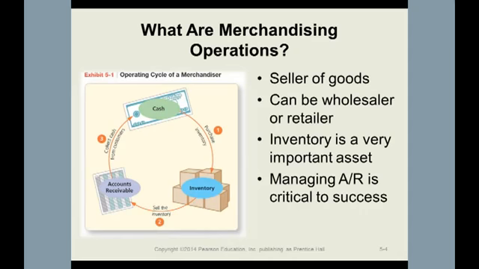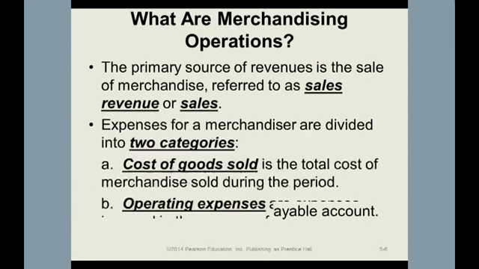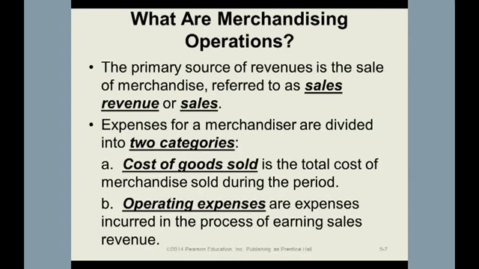Okay. Now, a couple of things are going to be different. When we look at a merchandising company, we no longer have service revenue. Their revenues are known as sales. So you'll have either sales revenue or sales, and their expenses now fall into two categories. The reason we have this first category, cost of goods sold, is that we now have to account for the cost of merchandise we buy and then resell. We're talking about a retailer now. You buy the inventory, that's the cost of the goods that you're selling.